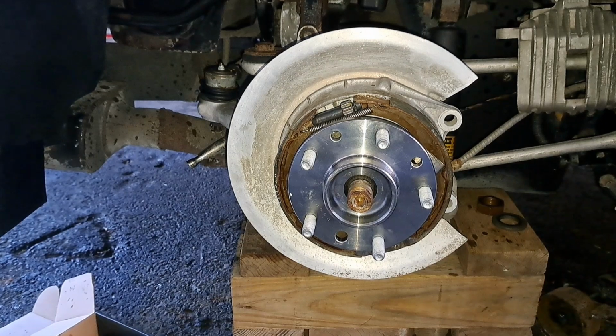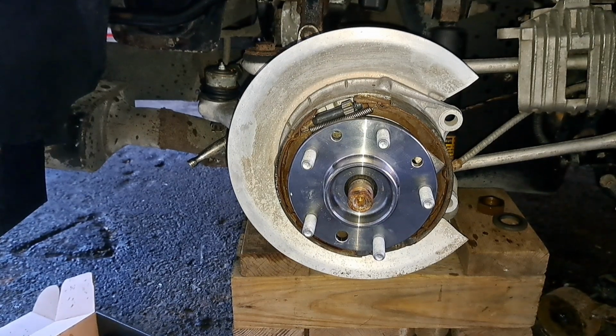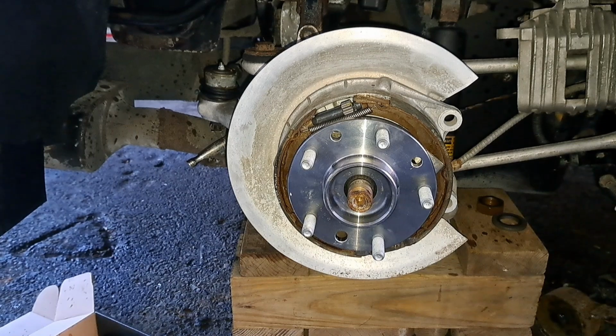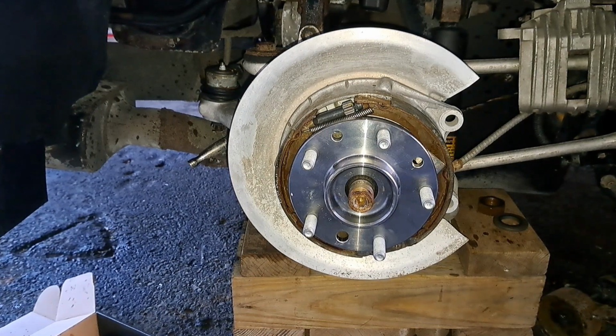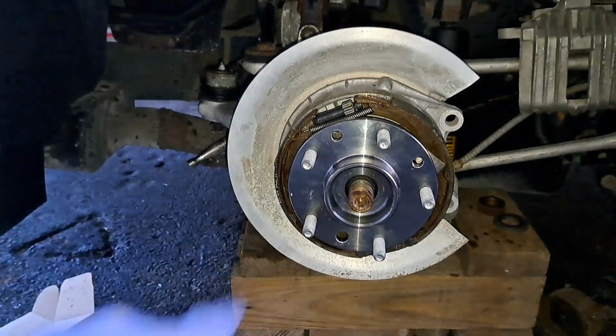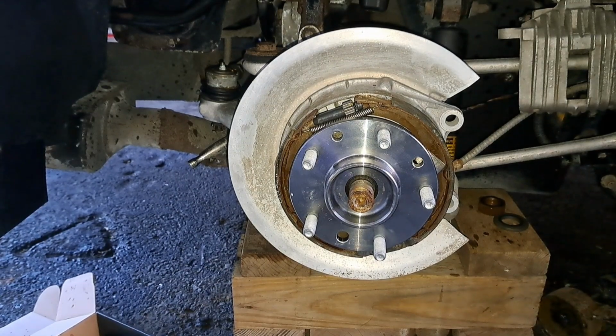Okay, the Teflon washer was cleaned and re-greased, and it has a flare on the inside diameter of the washer. It's kind of flared or dimpled out, if you will, and that flare you want to be facing the outside edge of the car. You want it to be facing the outside edge of the wheel that goes on over it. So you slide that washer over the stub shaft, slide your hub bearing unit in place,